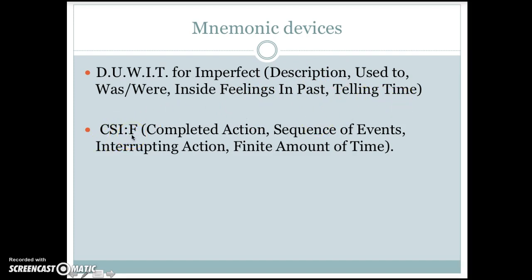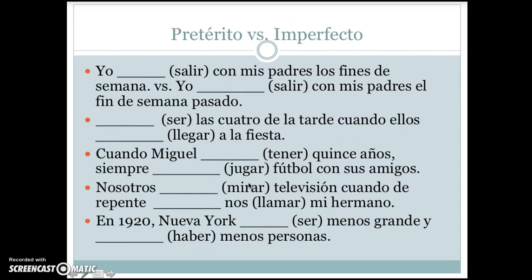CSIF for the preterite. Completed action, sequence of events, interrupting action, finite amount of time. So here we can do a couple examples. We have two sentences here. Yo blank con mis padres los fines de semana versus yo blank con mis padres el fin de semana pasado. We have two very slightly different contexts. One is that I went out with my parents on the weekends, plural, versus I went out with my parents